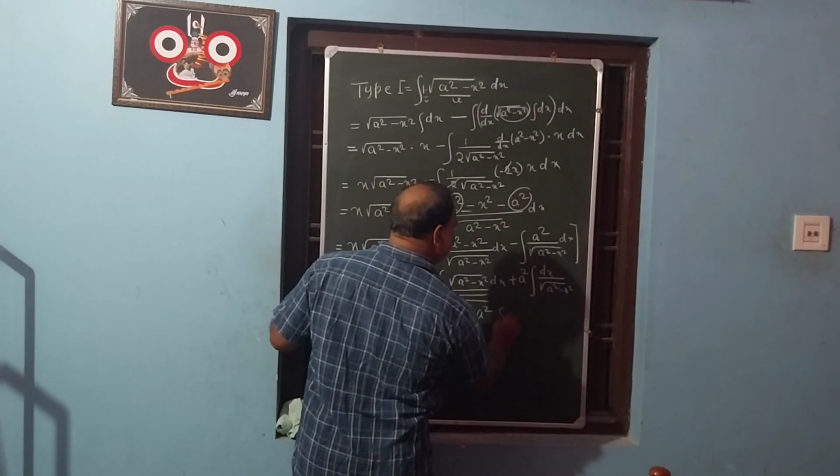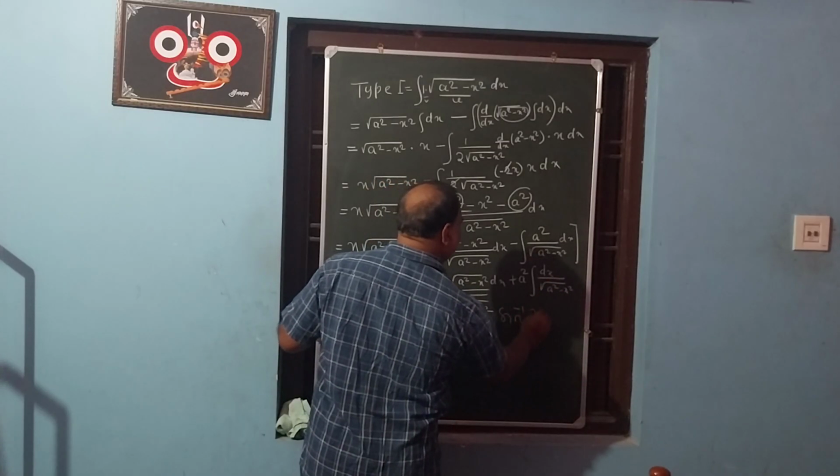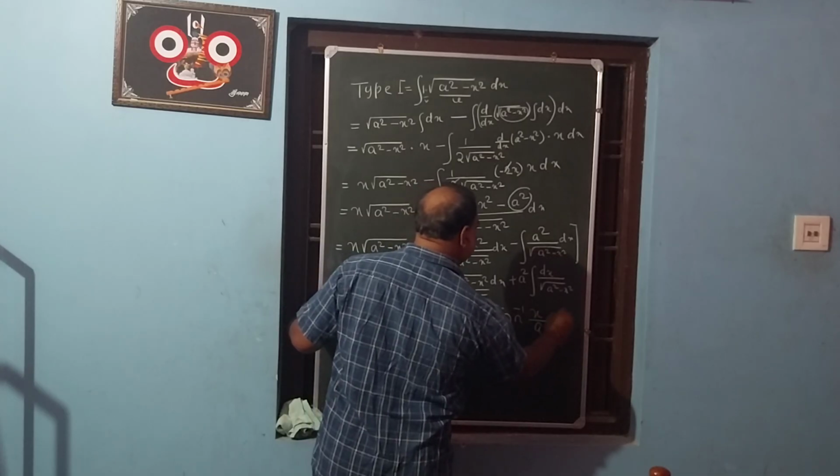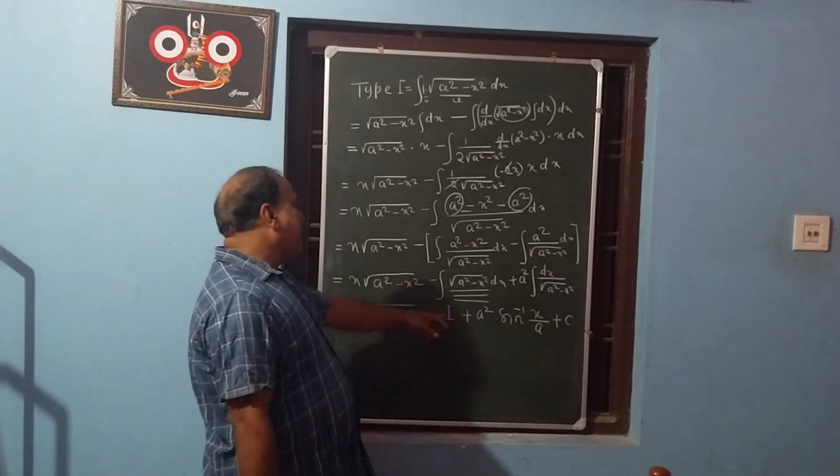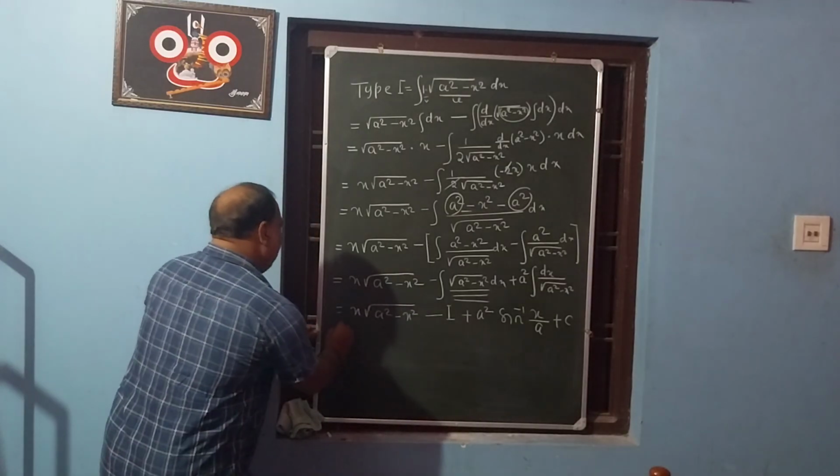We know the standard formula. So this is x root over a square minus x square, minus I, since the same integral is repeated here. Integration of dx upon root over a square minus x square is sine inverse x by a plus c. When this I goes to that side, I plus I